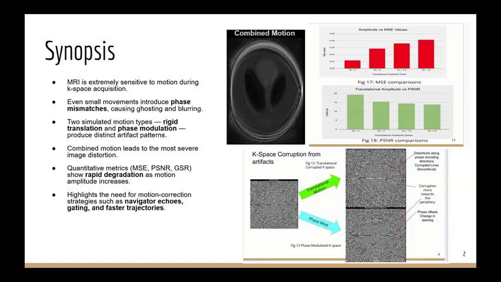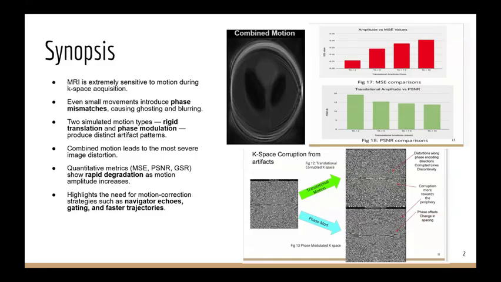where edges lose sharpness. To study this, we simulated MRI acquisition using a 256 by 256 modified Shepp-Logan phantom and introduced two types of motion: rigid translational shifts similar to sudden movements, and phase modulation, which mimics rhythmic breathing. We then reconstructed the corrupted K-space using an inverse FFT. The results clearly showed that translational motion produces strong ghosting, while phase modulation adds wave-like blurring, and combining both leads